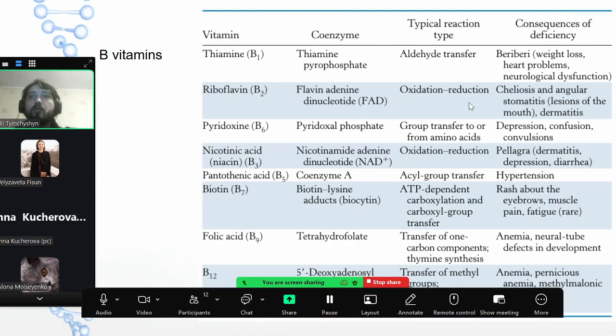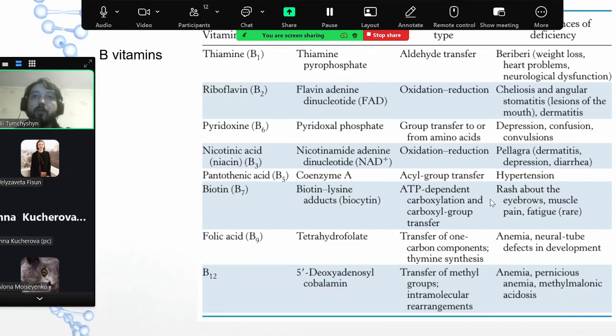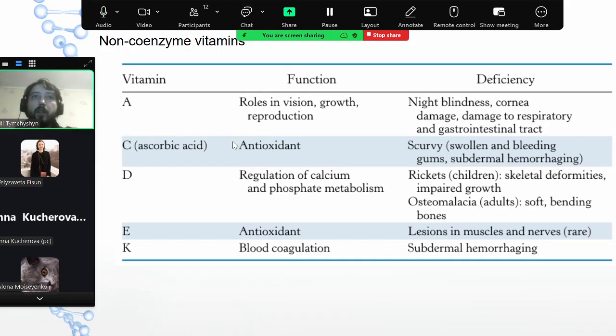Here is a table with vitamins that work as coenzymes in certain reactions, and the type of reactions that they are involved in. And here are some consequences of the deficiency, like beriberi, and so on. So many different bad things happen when you don't have enough of some of these vitamins. Here are some more, and you see the different functions of these vitamins. I'm not going into the detail because it's not the topic of this lecture, but probably after the lecture you would like to